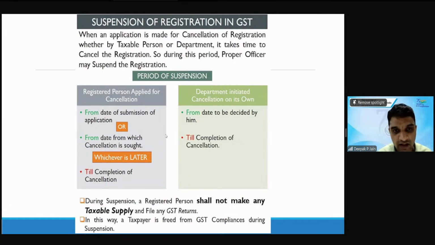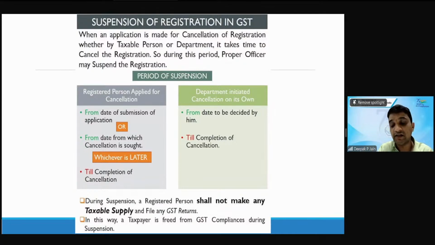सेकेंड पॉइंट इन हिंदी, हाँ तेज प्रकाश, कि अगर आप सस्पेंशन के लिए अप्लाई करते हो तो फिर आप जब से अप्लाई करते हो या फिर आगे के डेट से, आज क्या डेट है, 29th है ना, आज 29th मई, तो अगर आप आज अप्लाई करते हो आप 29th का डेट डाल सकते हो या फिर आगे का डेट जैसे 5 जून को भी डाल सकते हो। मतलब आपका कॉन्ट्रैक्ट कुछ है जिसमें आपका जीएसटी रजिस्ट्रेशन पड़ेगा, उसके बाद नहीं चाहिए तो आप आज का डेट या फ्यूचर डेट डाल सकते हो।